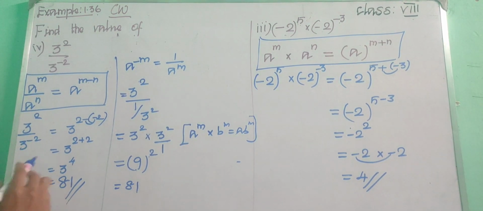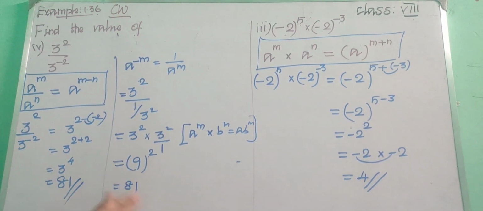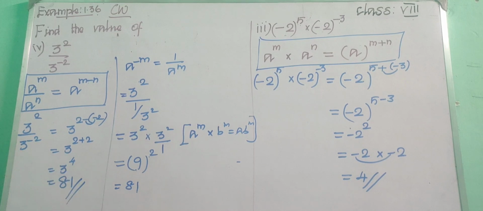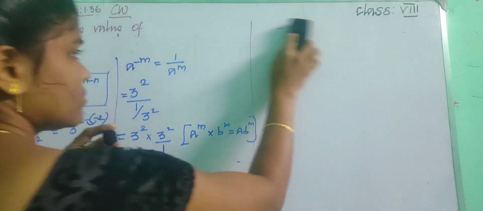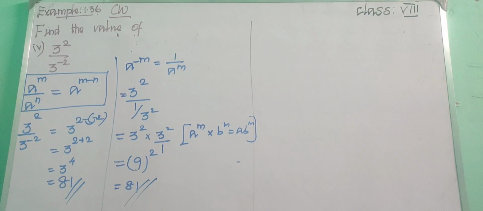Okay, children, you can also do the sum in both the ways. We can write this one or else this one. Simply we need to learn the 7 rules. Just see the sum and which rule suits for solving that sum. You just choose that and solve the sum. Copy this in your classwork notebook. Write any one of the methods, either the first one or the second one.